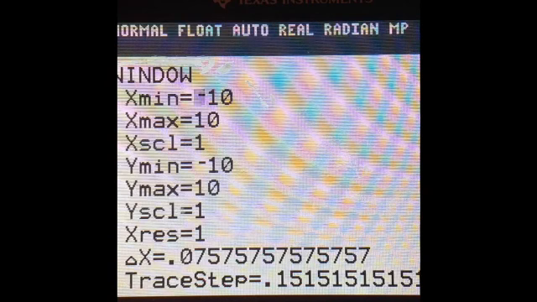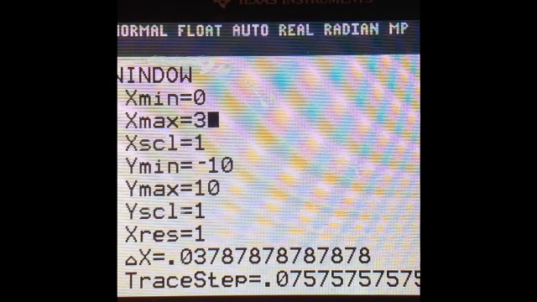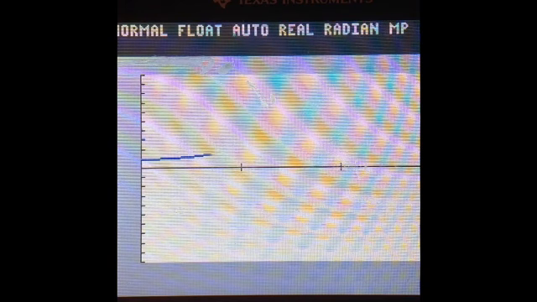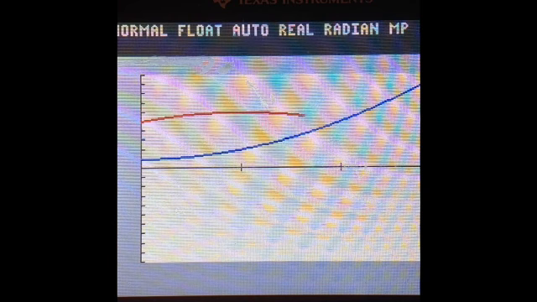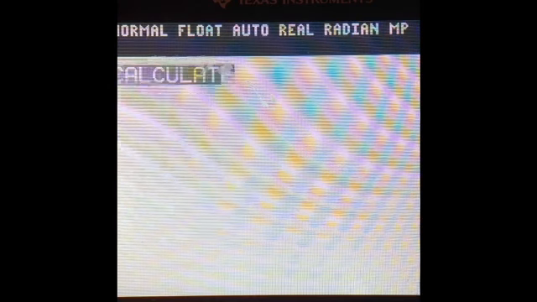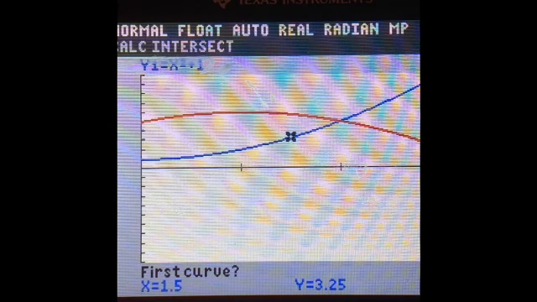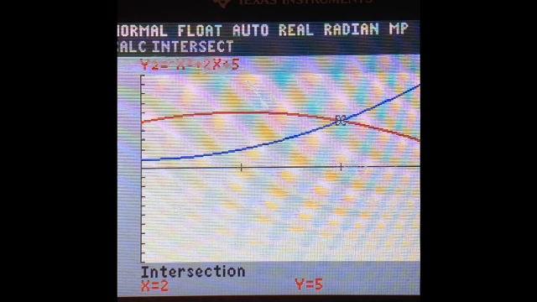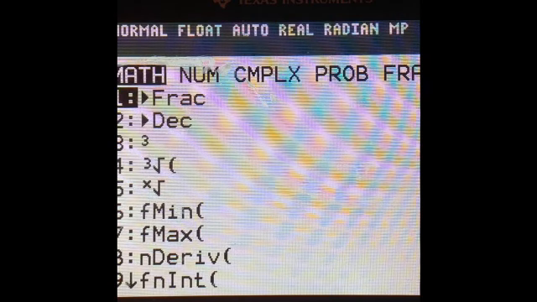So if I change my window to 0 to 3, see if we can see this a little bit better. So that looks more like our sketch. So I'm going to get my intersection. And again, you see it was (2, 5). So then when we go to do our Math 9,